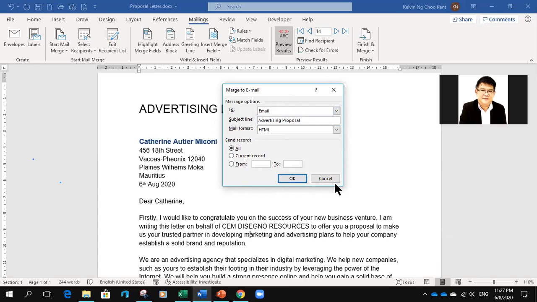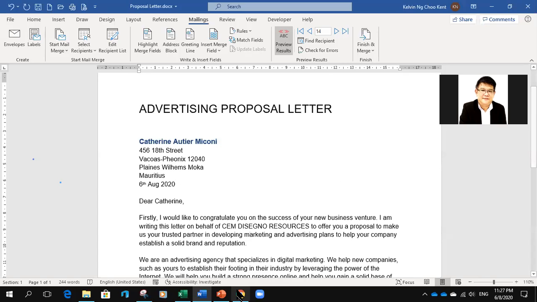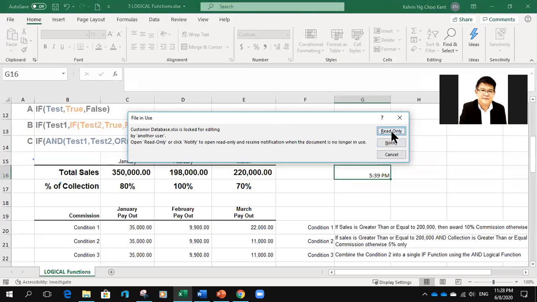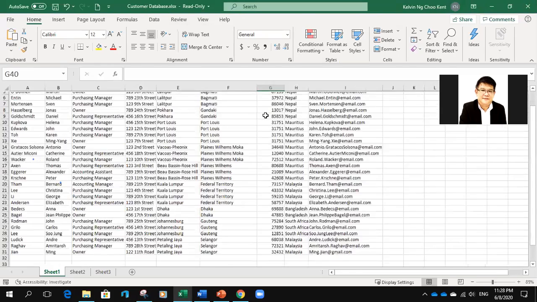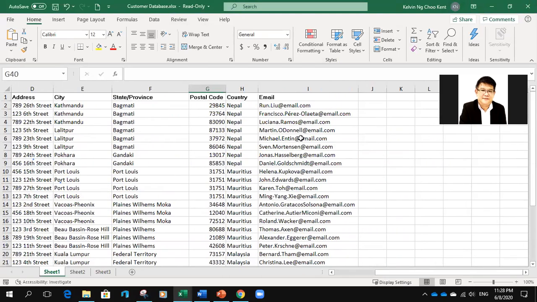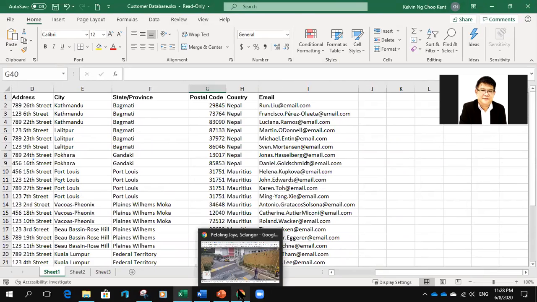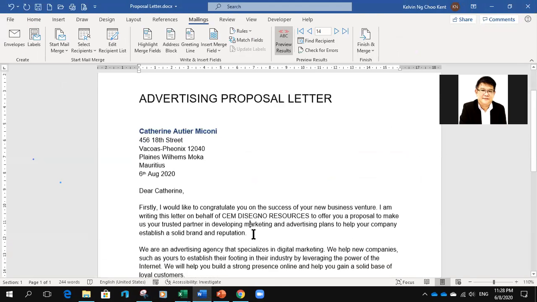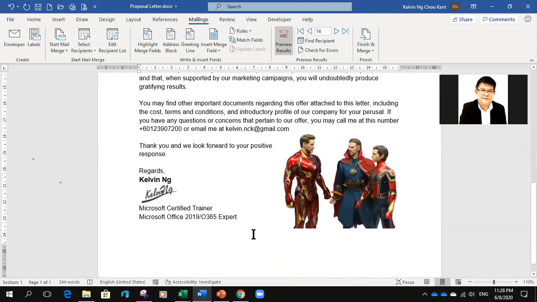Of course, I'm not going to click this. No, I'm not going to send it out. So if you remember the database that I was talking to you about, let me just try to open this one. The last column that I have here is basically the email address. So I can actually send to all of them, but this is not a real email. They are email.com. These are not real emails. These are just bogus data that I'm using. So that's how you can magically send all these letters that you are preparing very quickly and send them out to your customers.